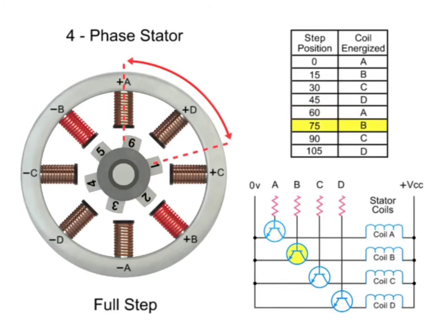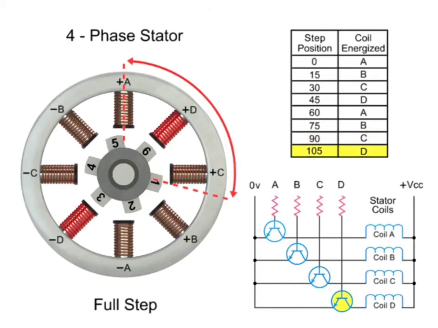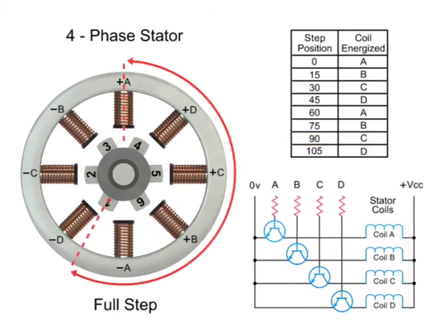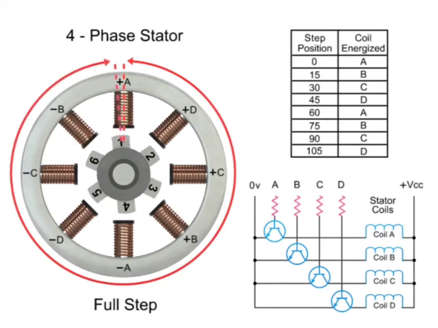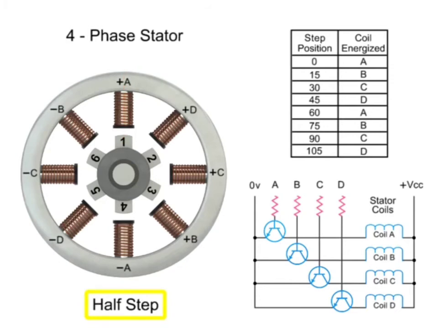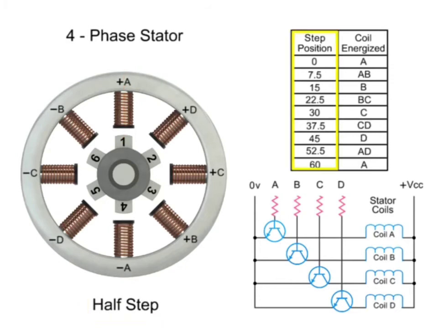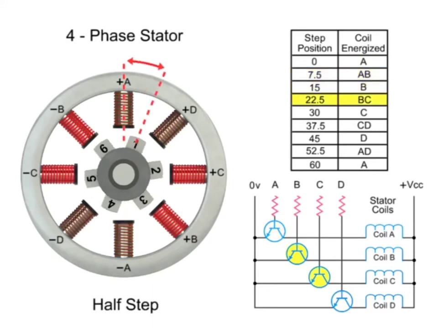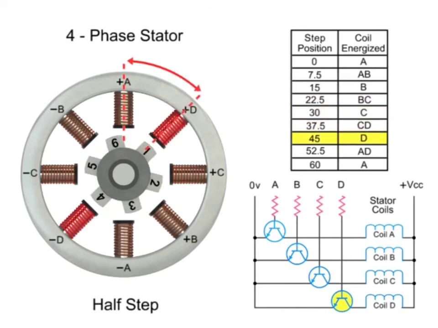In this example, there are 6 steps arranged on the rotor 60 degrees apart. 24 steps are required to make a full rotation. At 15-degree increments, 4 half steps are made. The stepper motor resolution can be doubled by altering the switching of the coils. Stepping occurs when one winding is energized and then two windings are energized, causing the rotor to rotate half the distance. Switching the coils in this combination will rotate the rotor in the reverse direction.